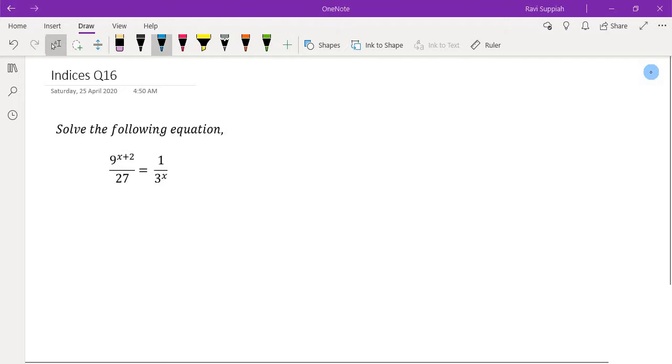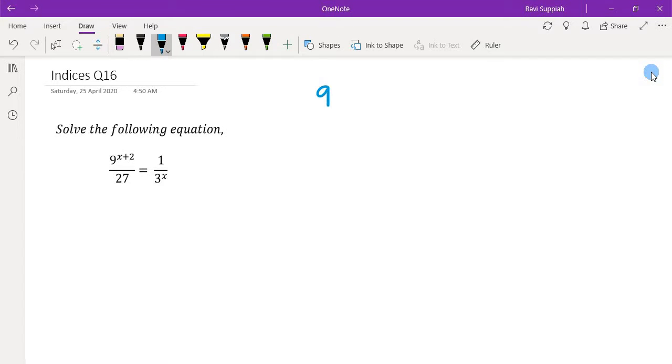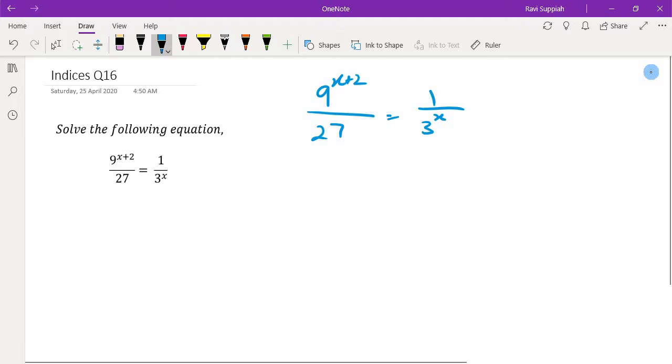Let's look at this indices question. 9 to the power of x plus 2 over 27 is equal to 1 over 3 to the power of x. Of course, when you look at it at first glance, you can roughly guess that